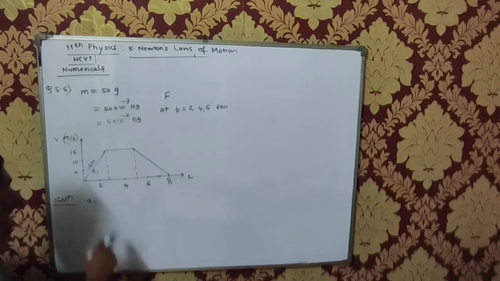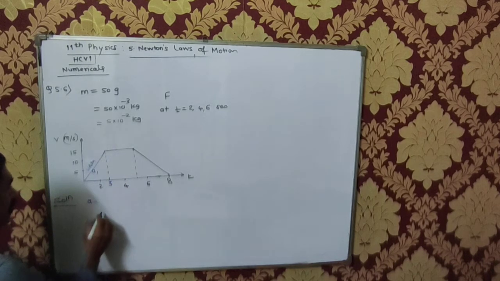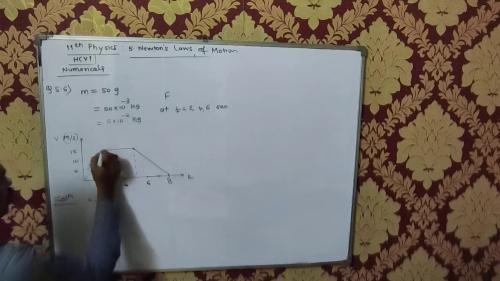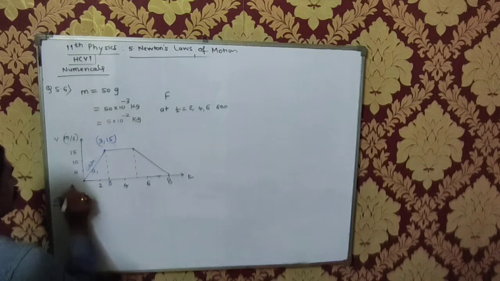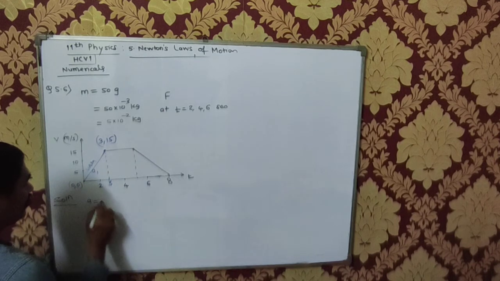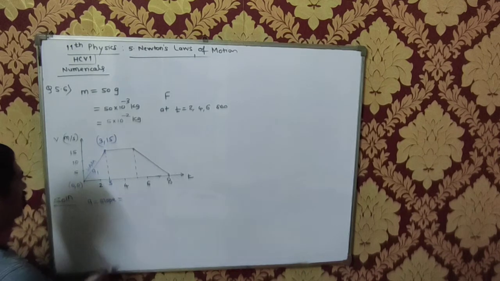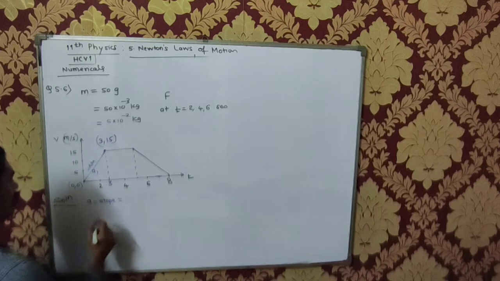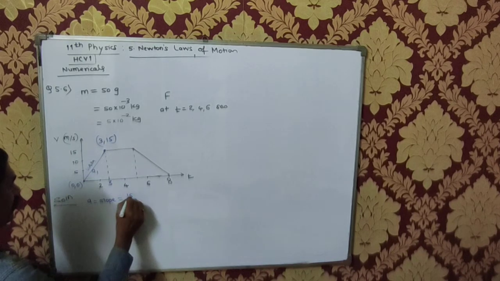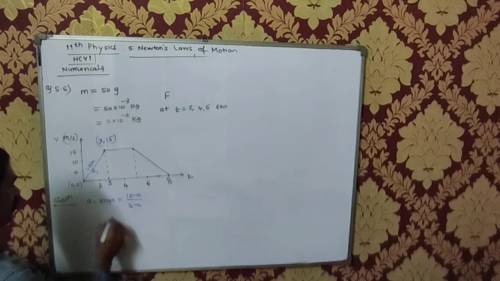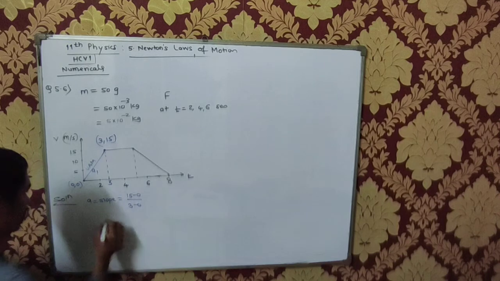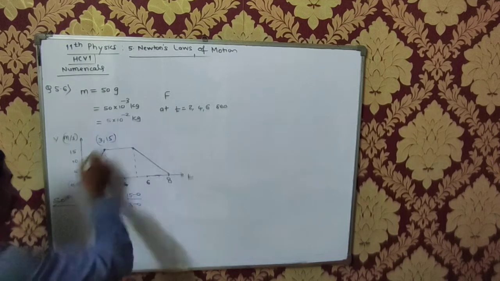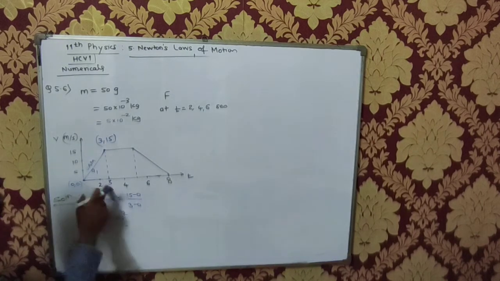Right? And delta y upon delta x. This is 3. The coordinates of this point are 3, 15. The coordinates of this point are 0, 0. So even the slope will give me the acceleration. You can take it like this: y2 minus y1 upon x2 minus x1. So this is 15 minus 0 upon 3 minus 0. Or you can say v minus u upon t. It will fall at the same place. So acceleration first is 5 meter per second square. And this acceleration is constantly uniform from 0 seconds to 3 seconds.